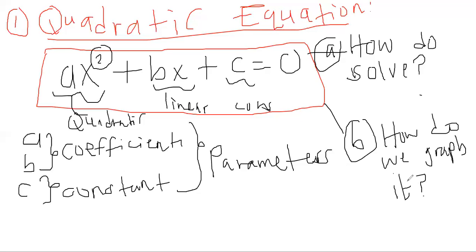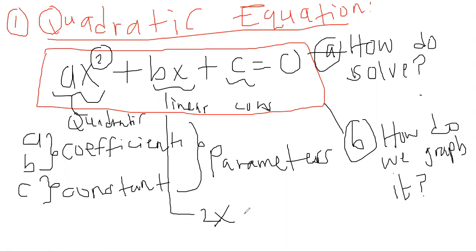So these are the two questions that we will pursue today. We will be given a quadratic equation. Any quadratic equation that you see will be in this form: ax² + bx + c = 0. Normally a, b, and c, in general form, are represented by numbers. For example, you can have a quadratic equation like this: